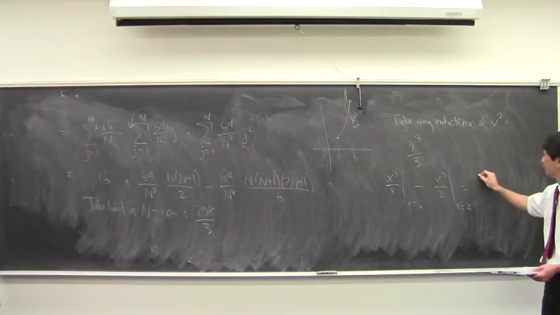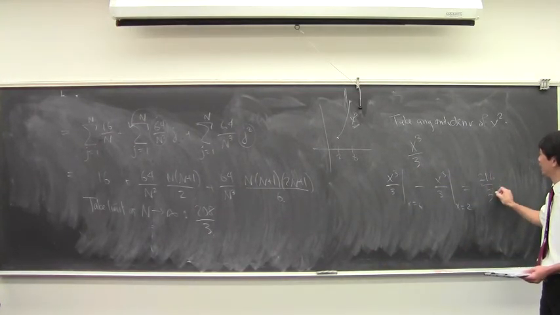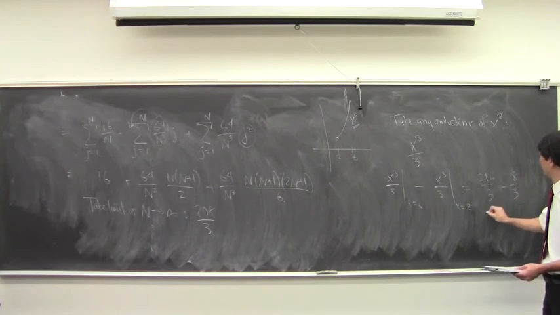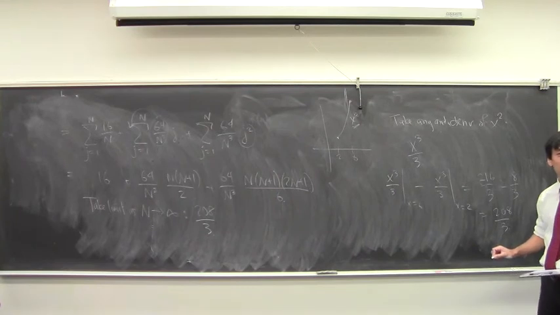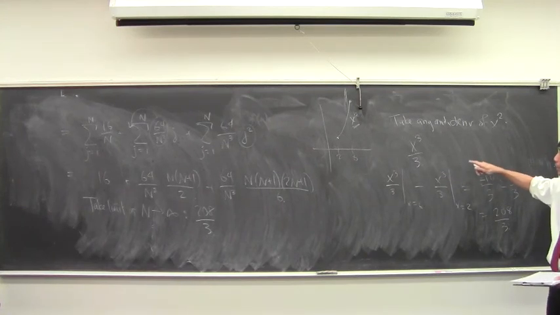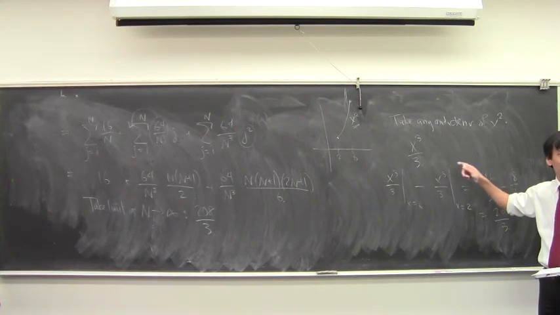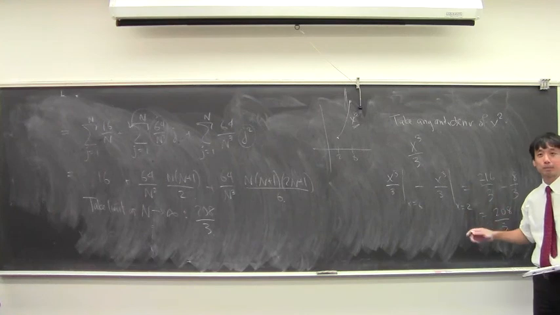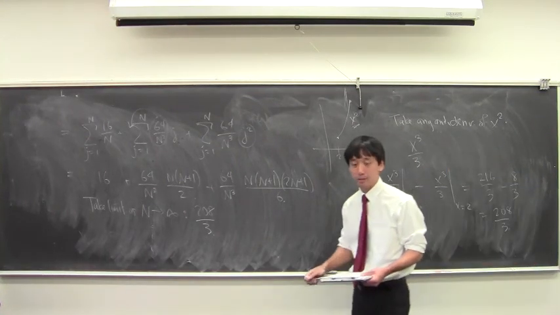And what you get is 216 over 3 minus 8 over 3. That's 208 over 3. Okay. That's not a coincidence that the area under the curve turns out to be the difference of the antiderivatives at the endpoints. That's what we'll see is the fundamental theorem of